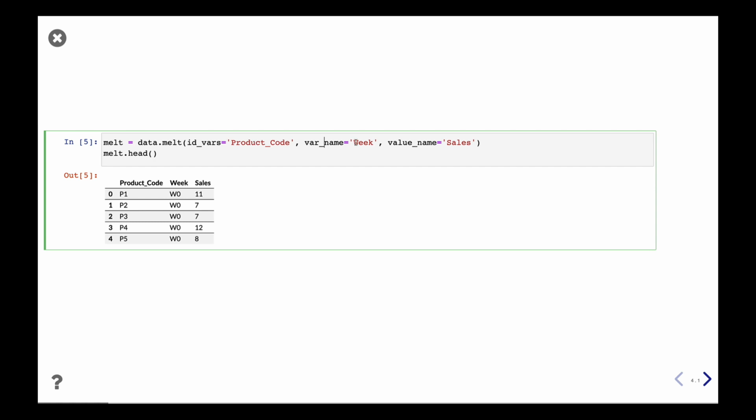The variable name is what we want each current column name to have. So we have each week in a column, and this is the name that we want the new column to have that will get all these previous column values. And we have to set up a name for the value column of what we are trying to organize. So looking at it, it's much simpler. We actually get that format that I was talking about. We have the product, we have the week, and we have the